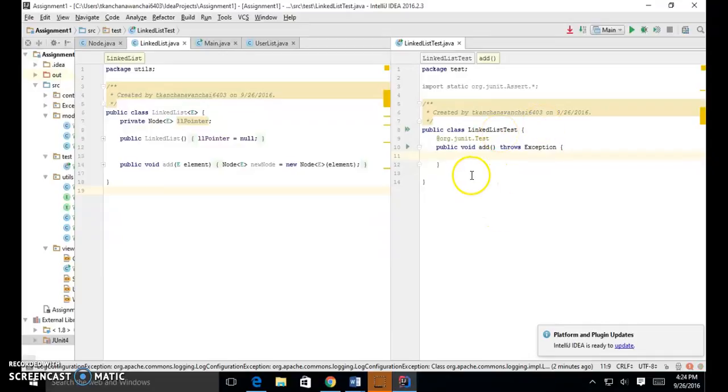LinkedList test. If I want to run the test now, if I run it as it is,